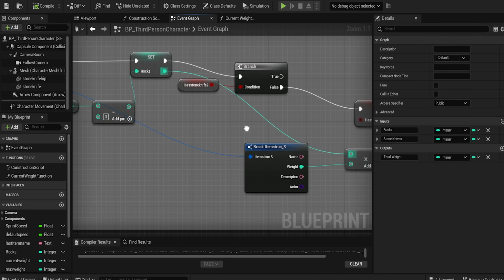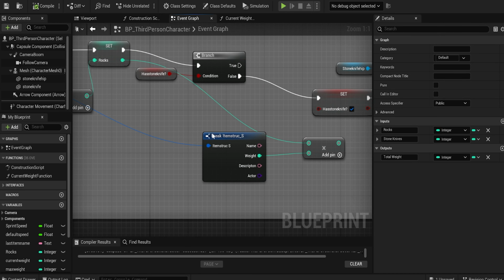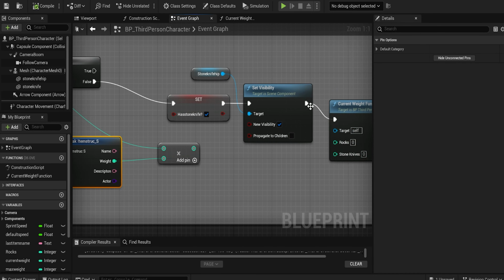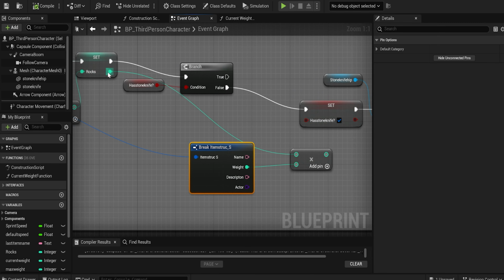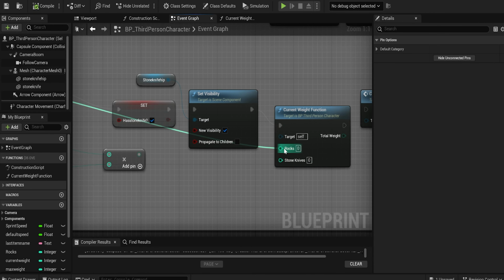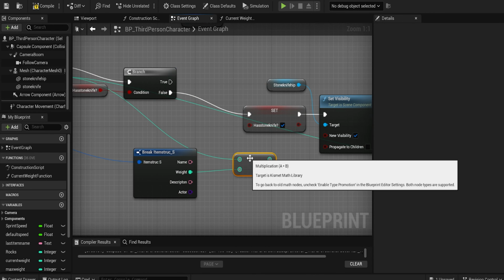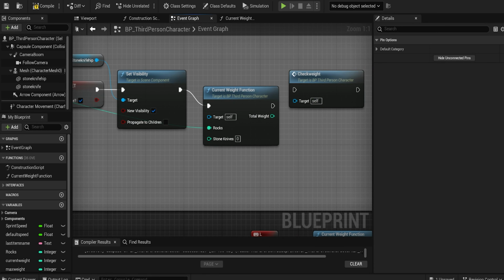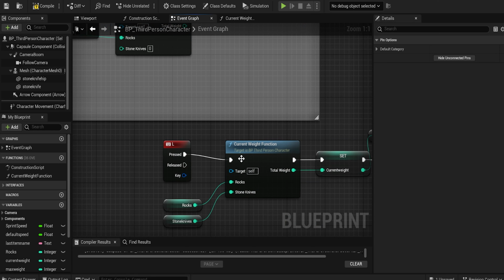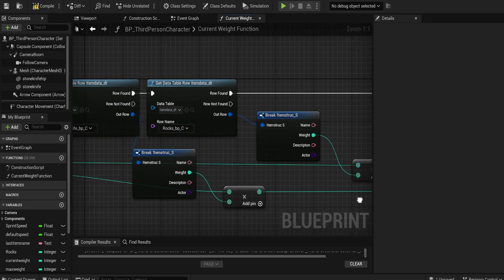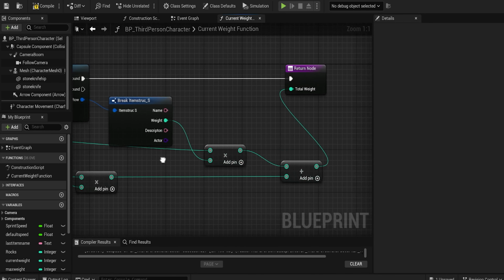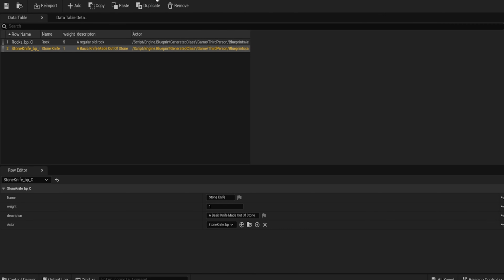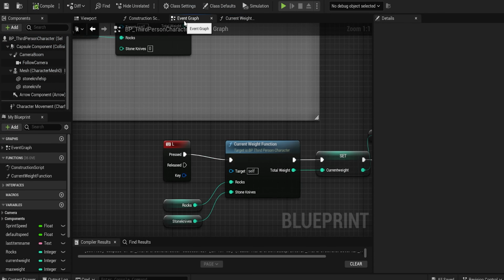You just have to type in the number of rocks, because the multiplication will happen inside of this function. So take the rocks here and do that. You don't have to have this multiplication here. And see, if we double click in here, it's going to take the rocks, get the weight and multiply it. How many rocks you have times the weight. So back in the event graph,